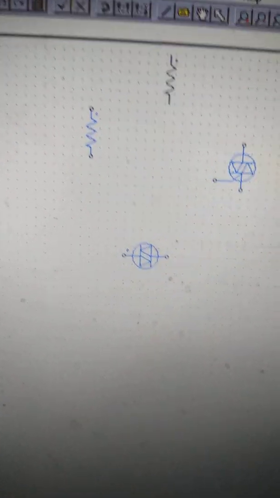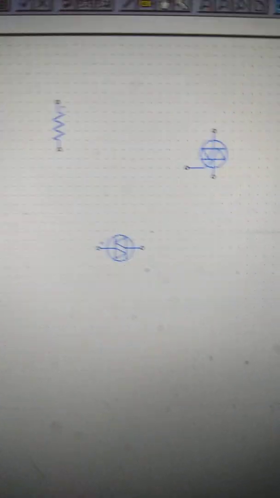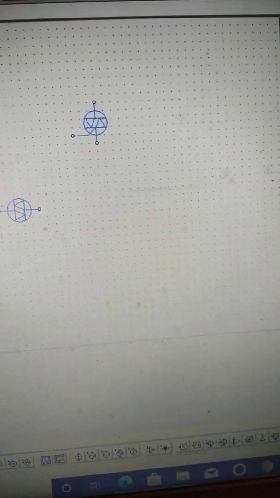Resistor placed, then another component, capacitor.